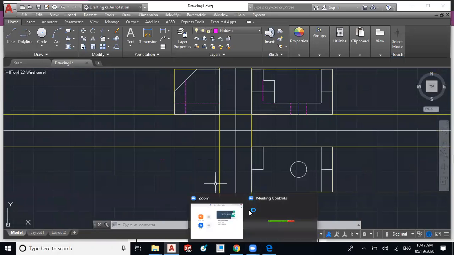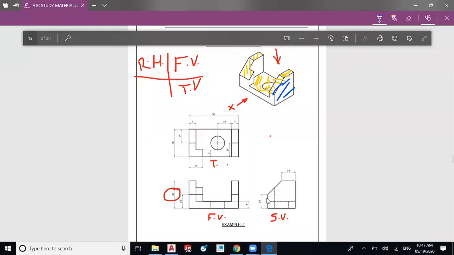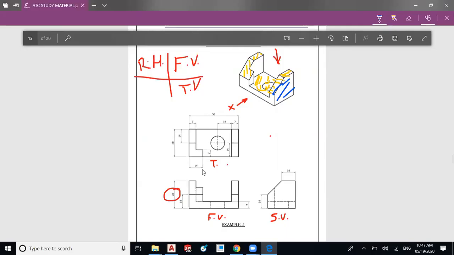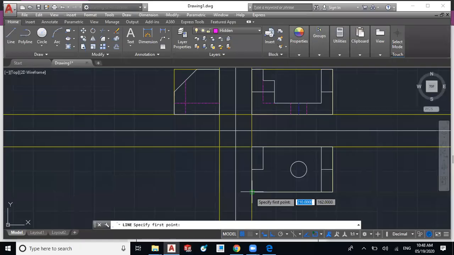Then for this top view, you can draw this height 7 mm. Okay, so you can consider this as a straight 7 mm, and you can join this line up to the cutting edge. So I will draw it, and I will extend that line up to the 7. So in the front, this is the 14 mm distance. So I will draw it 14. So track this point.